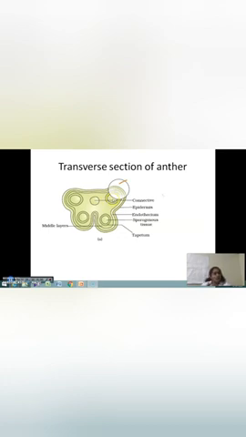And children, you know the four layers. The first one, epidermis. It is followed by endothecium, the third one, middle layer, and the last one, tapetum. Okay, so which are the four wall layers? Epidermis, endothecium, middle layer and tapetum. Okay, the first three layers are protective in function and help in the process of dehiscence. You know what is dehiscence? It is the process of shedding of pollen grains. So the first three wall layers help in dehiscence, and the final layer, tapetum, nourishes the developing pollen grain. Clear?